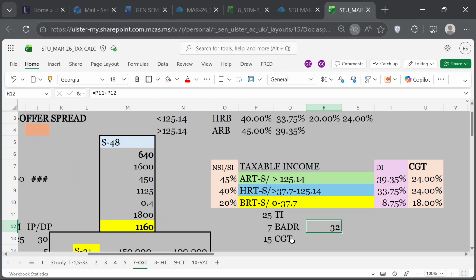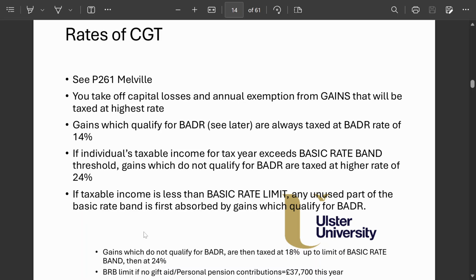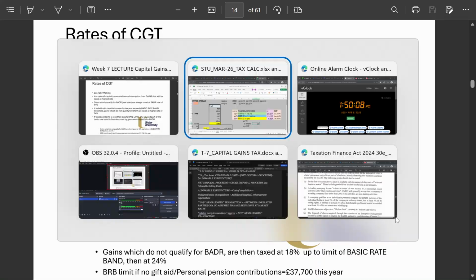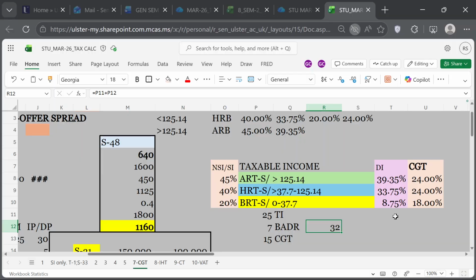And now you don't get to take your 15 and put it here and tax the balance, at least like 12.7 out of the 15, at the 18% rate. You don't get to do that because the rule is forcing you to, if your taxable income is less than the BRT upper limit, then whatever is left unused in the basic rate band has to be absorbed by gains which qualify for BADR. Okay, so basically, although the BADR rate is 14%, you have to put the BADR